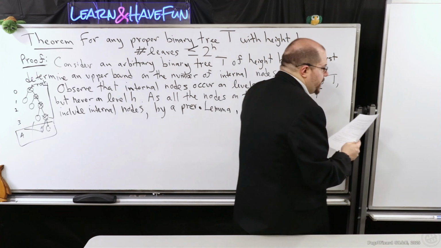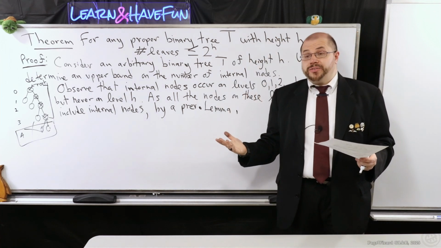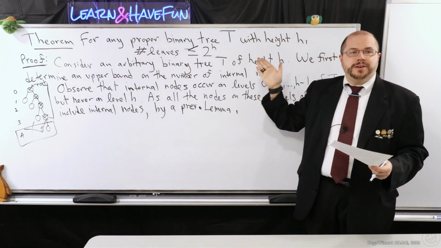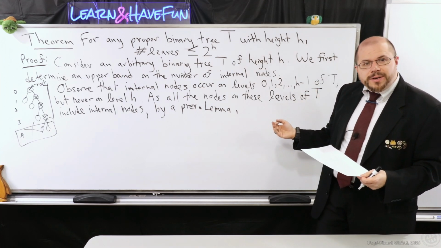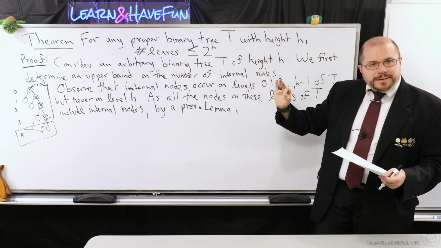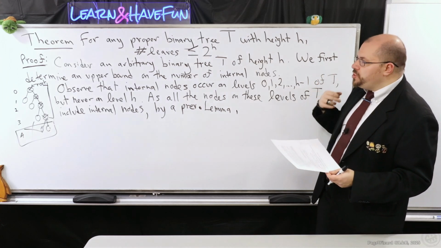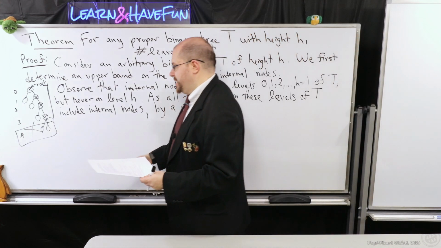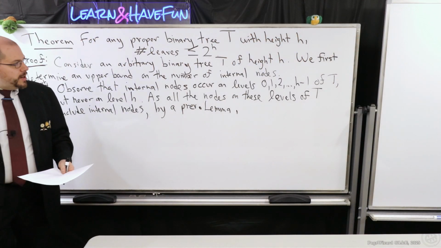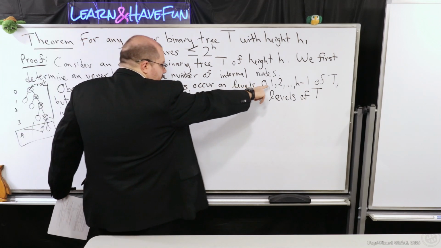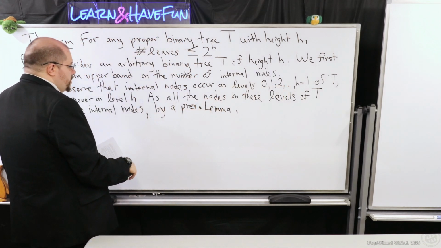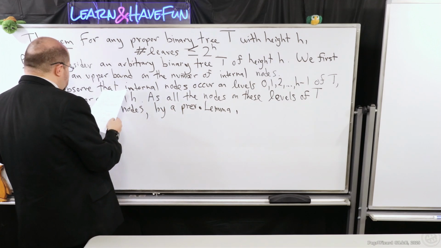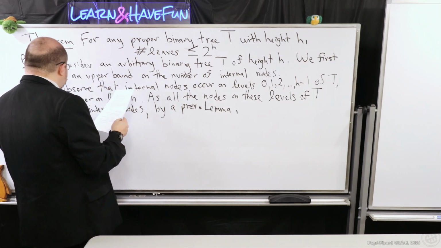This lemma, by the way, says that for any binary tree, not just a proper one, if the tree has at least i plus 1 levels, level i has at most 2 to the power of i many nodes in it. So I'm going to take all of these levels in mind and use that bound from this lemma. So by a previous lemma, the number of internal nodes